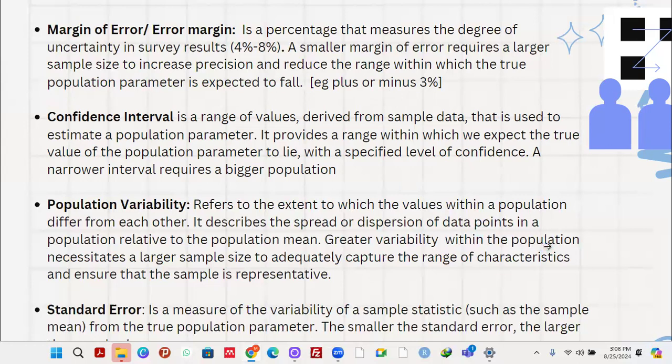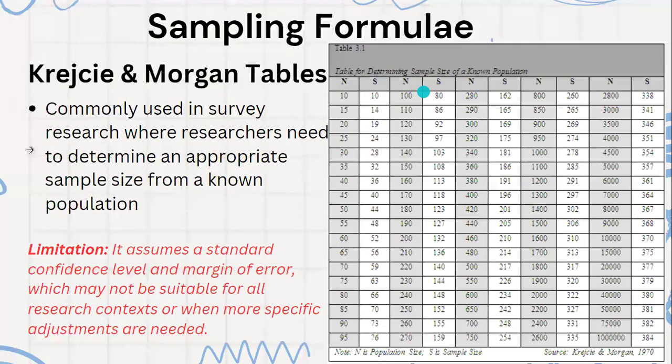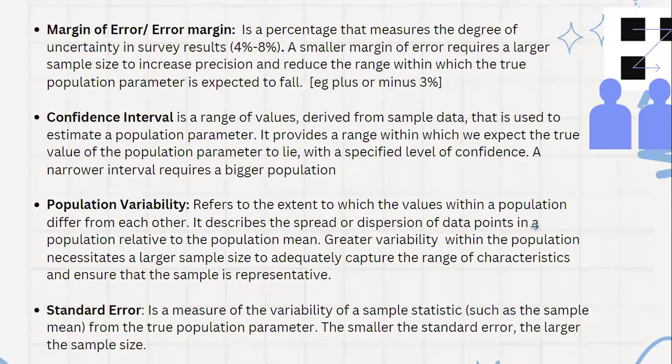And what is the confidence interval? The confidence interval is a range of values derived from the sample data that is used to estimate a population parameter. So as you see up, we had a margin of error. We want to get a range of values that is going to represent an estimate of the population parameter. So if we have a margin of error of plus or minus 3, that means that in our entire population, let's say we have